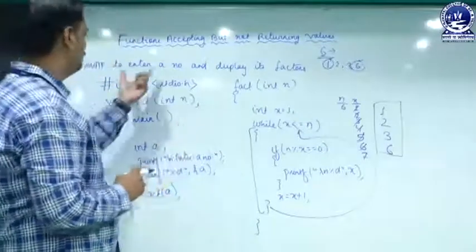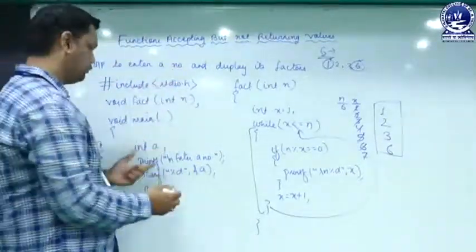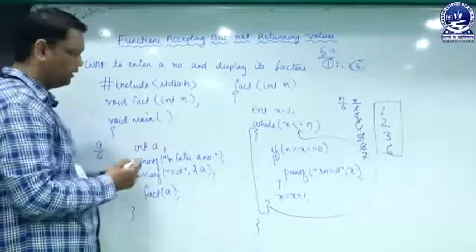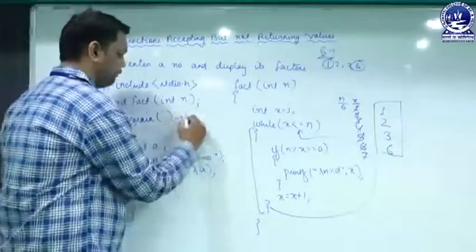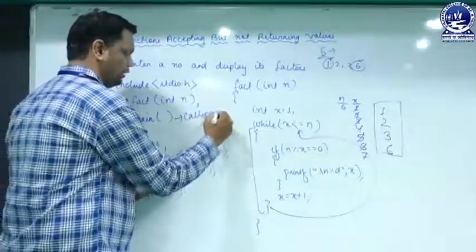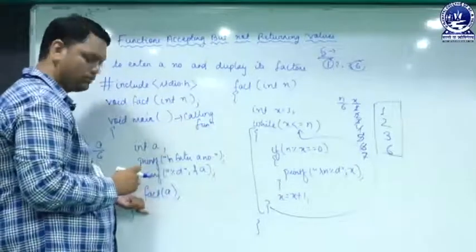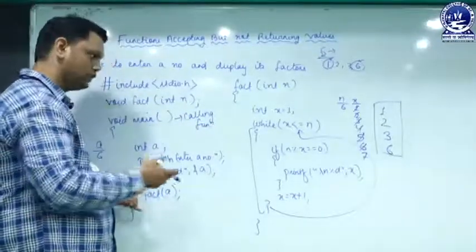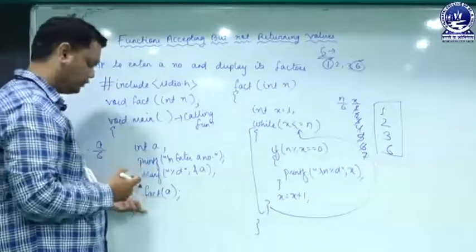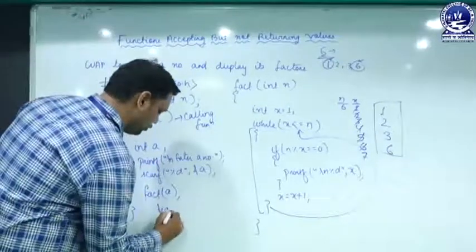So as we know that we have to enter a number, we have to enter a number in the calling function. Similarly here the main function is the calling function. So why are we calling it a calling function? Because the calling function calls a function, and the function which is being called is called the called function. So here fact is the called function,